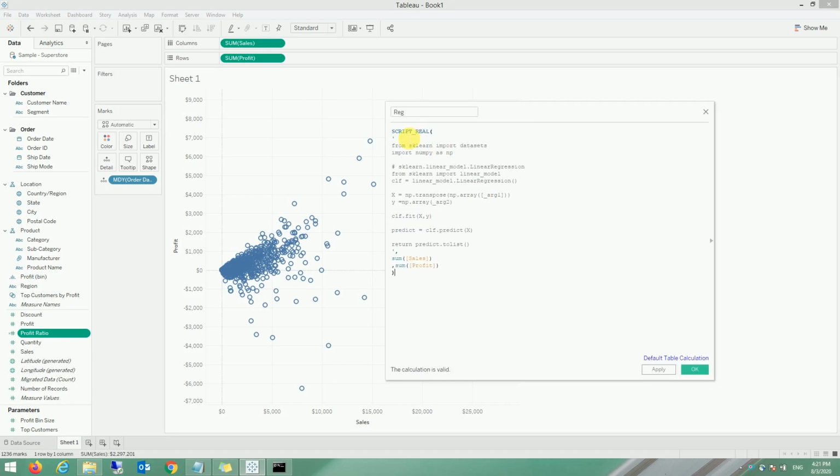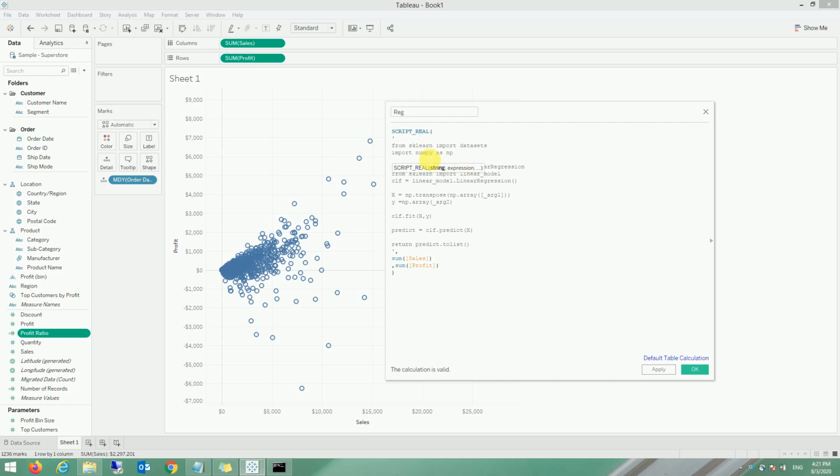Yeah, we are calling an external connection, and if you want to use a library for that, you need to use these script functions in Tableau. Here, from the sklearn library in Python, we are calling the linear regression, sklearn linear_model.